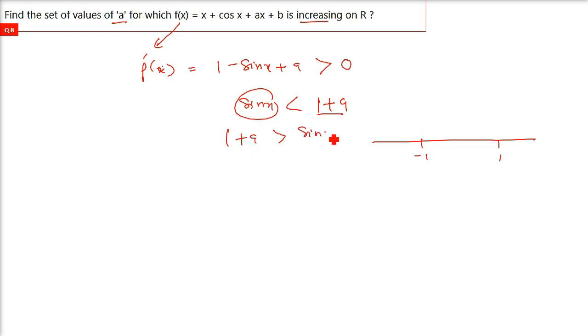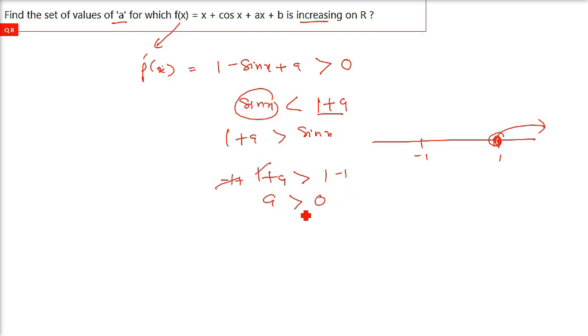I am more than you. So what is the biggest value of sin x? Which is 1. So 1 plus a has to be greater than the highest value of sin x, which is 1. So 1 plus a should be greater than 1. When you subtract 1 from both sides, or you can add -1 to both sides, a should be greater than